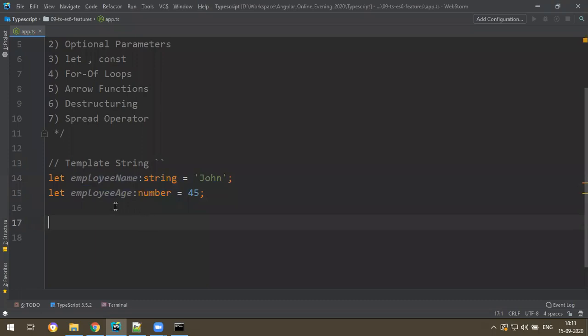Before this operator, in ES5, string concatenation will be like this.